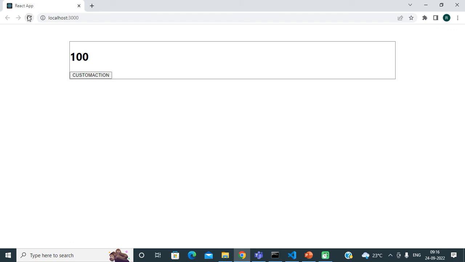Let me refresh this application and click action. Whenever I click this button, every time 100 is sent as data to the action, and every time our component state is getting updated with that data. So each time it will be getting updated with 100.